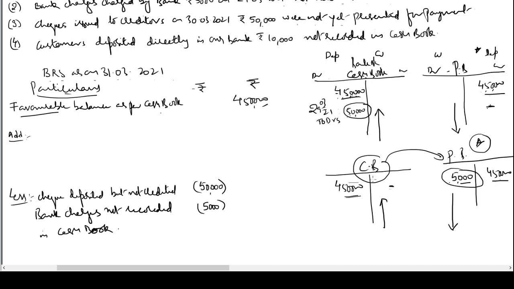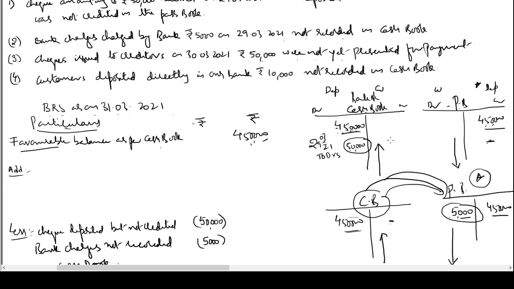Now what you should not do is, sometimes you add or less to cash book, sometimes you add or less to passbook. That way is not possible. You have to start with one book and arrive at the balance of the other book. You cannot in between start saying that no, this time I will make passbook equal to cash book, sometimes I'll make cash book equal to passbook. So if you start with cash book balance, you have to arrive at passbook balance. That means you have to always try to make cash book equal to the passbook. In between, you cannot try to go in the reverse direction. Okay.